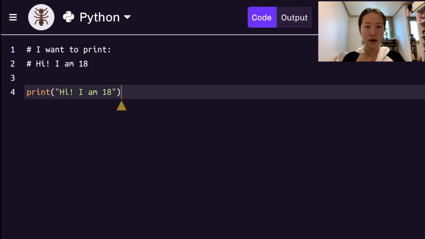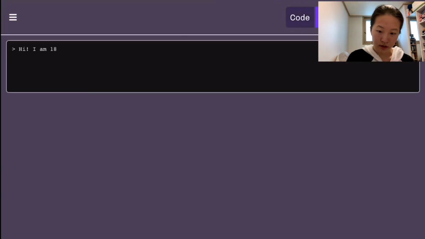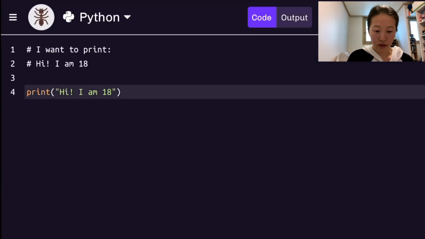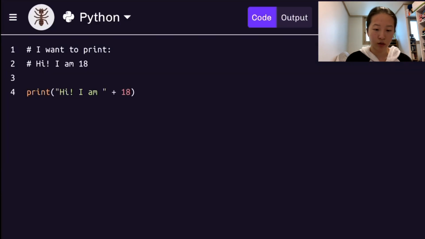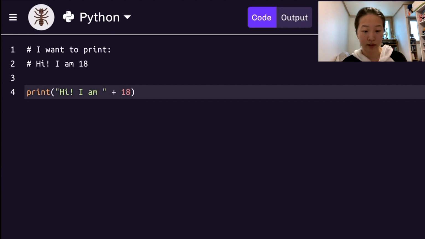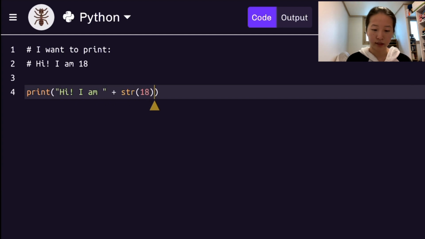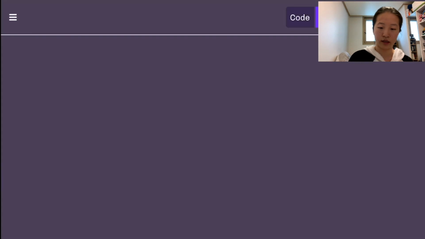Okay, so let's say I wanted to print out, hi, I'm 18. And we can just print it out like this. Or let's say I just wanted to use whatever we learned today. I wanted to concatenate the 2 strings and say, hi, I am plus 18. Now, this says that it's an error. It says we can't concatenate string and integer objects. So what we need to do is concatenate a string and a string. So in order to do that, we need to change the 18 to a string. 18 was an integer. Now if I change that to a string using this operator, we're going to get